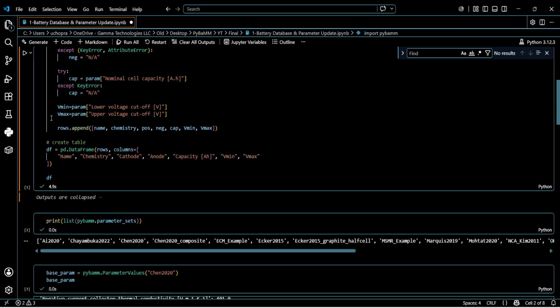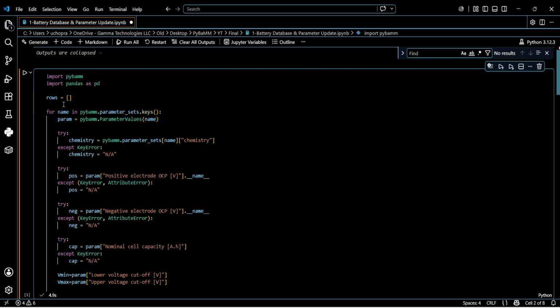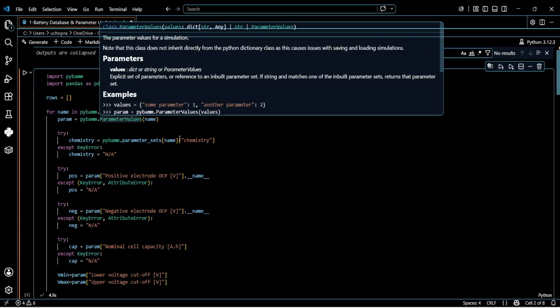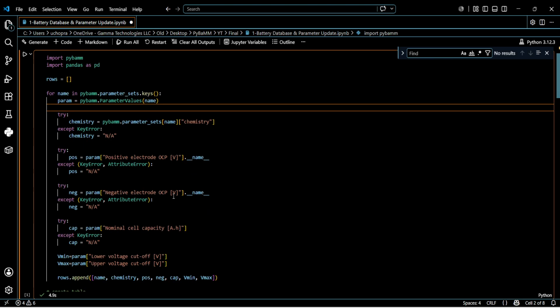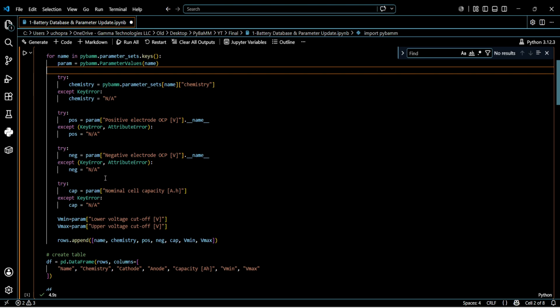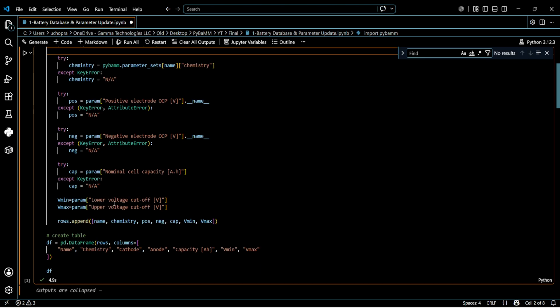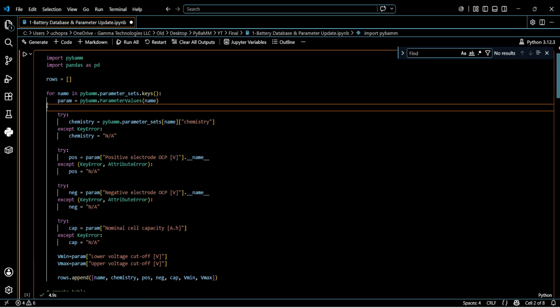And this is the one which basically has a for loop which iterates through all the names in the parameter set list, and then it iterates through each of the cell, extracts the chemistry, positive electrode OCP, negative electrode OCP name. This will help us identify the chemistry. So chemistry here is just lithium ion, but we also would like to know the anode and cathode type. So this OCP string might help us identify that. And it also extracts the cell capacity, lower and upper cutoff voltage, which are kind of the most important ones